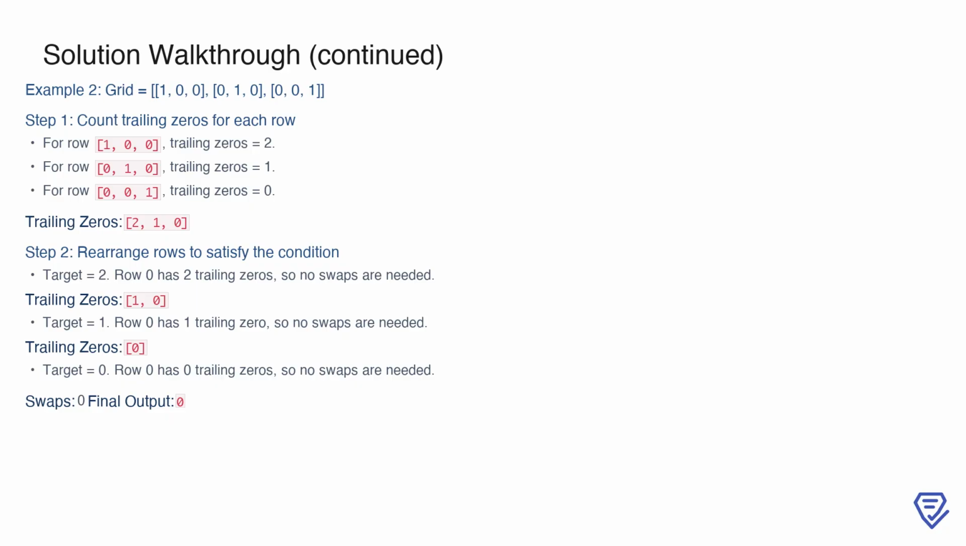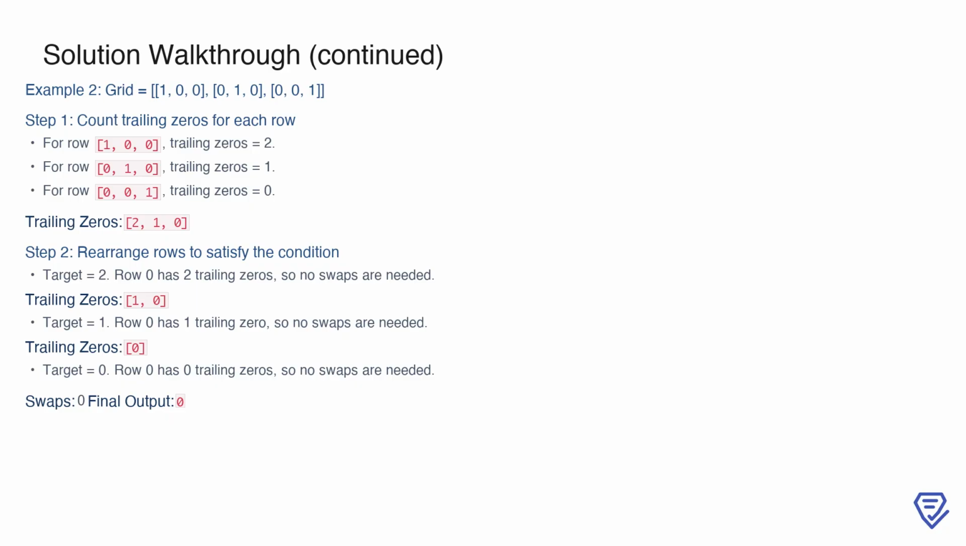This gives us a trailing zeros array of 2, 1, 0. To satisfy the condition, we start with the bottommost row, which requires at least 2 trailing zeros. Row 0 already meets this requirement, so no swaps are needed. We then move to the second to last row, requiring at least 1 trailing zero. Again, row 0 meets this condition, so no swaps are necessary. Finally, the top row requires 0 trailing zeros, which is already true for row 0. Since no swaps were required throughout this process, the total number of swaps is 0, and we return 0 as